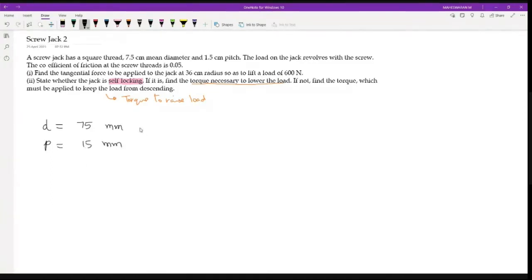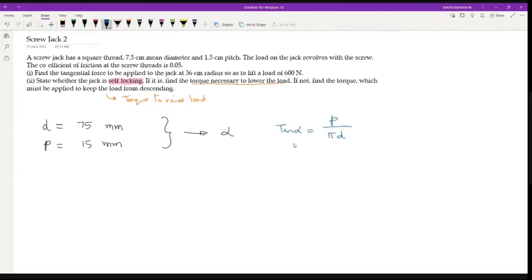So based on these two data, I can identify alpha. You know the formula for alpha. In the alpha formula, the radius or diameter we apply should always be the mean radius or mean diameter only. It is always mean radius or mean diameter, not this one. This is the handle radius, that is different.